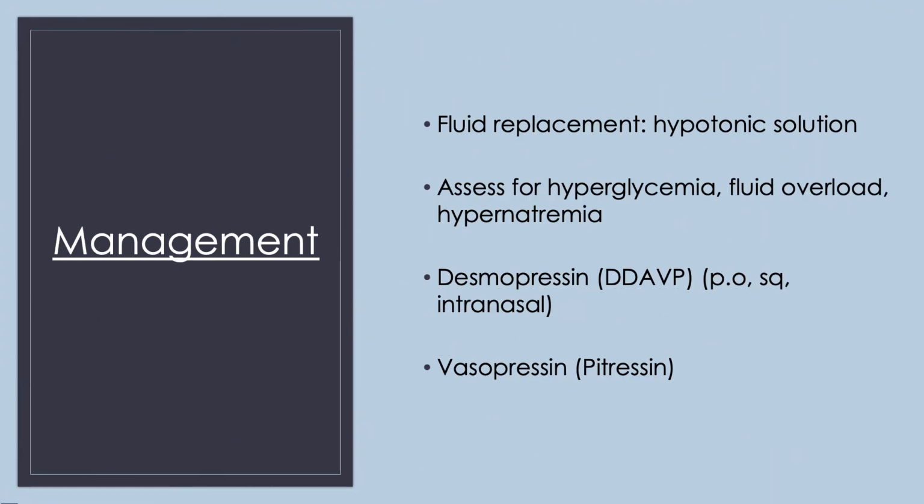So the management for diabetes insipidus is going to start with fluid replacement using hypotonic solutions, okay? Remember, hypotonic solutions draw fluid out of the vascular system and the fluid goes into the intracellular spaces, thereby swelling the cells and restoring that volume to them, okay? So this is mainly for the dehydration. We're going to want to rehydrate cells, which are lacking any hydration due to the fact fluid is being excreted